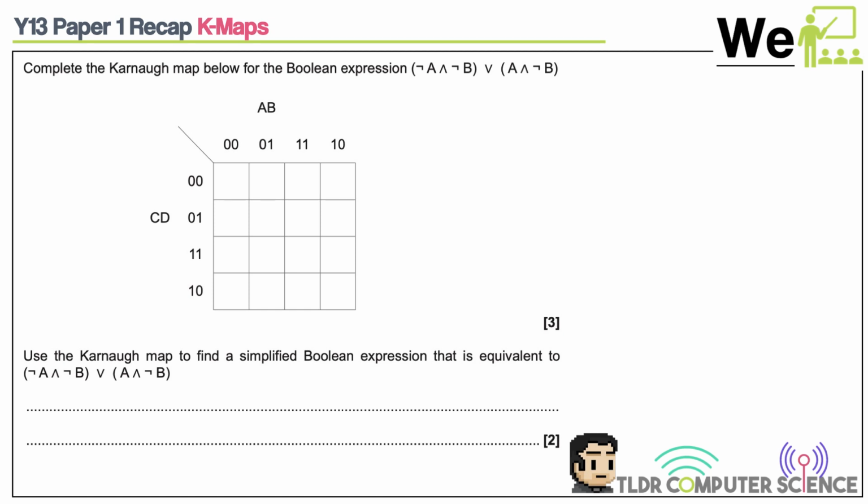I think Karnaugh maps are a bit more of a practically straightforward reason for us, but of course you won't get a choice in the real thing. You'll have to do whatever's made available to you. In this case, it's a Karnaugh map, a 4-variable Karnaugh map, and we're given the